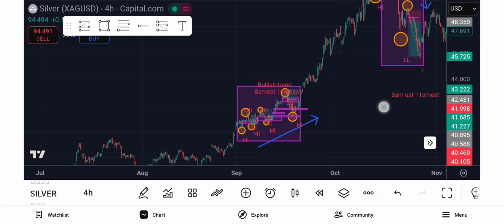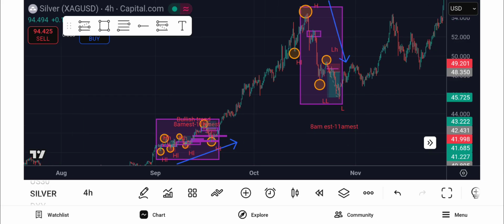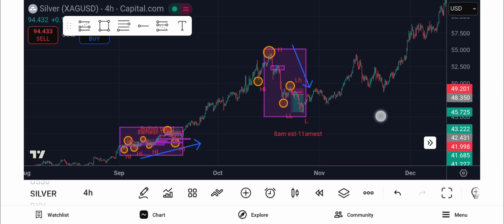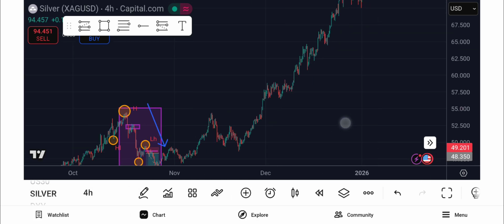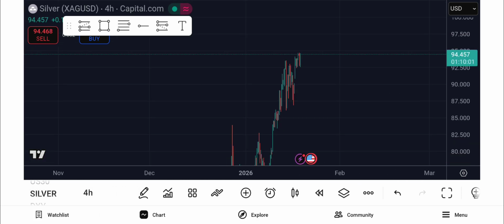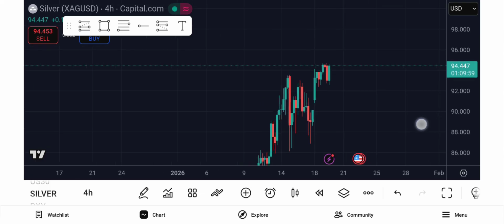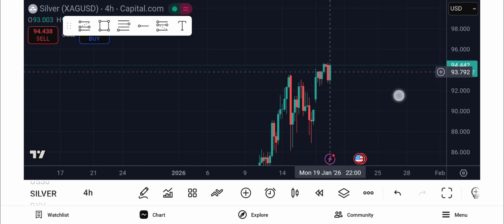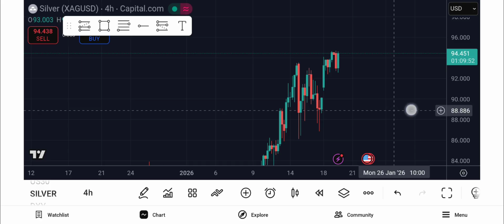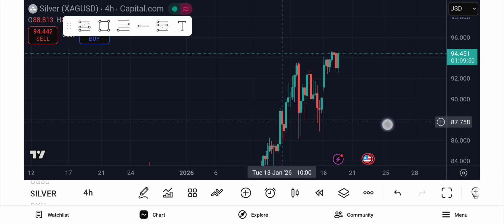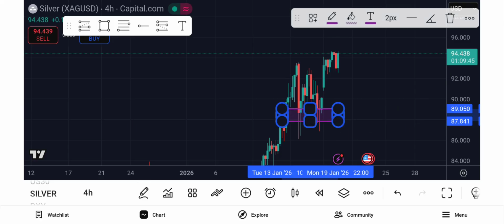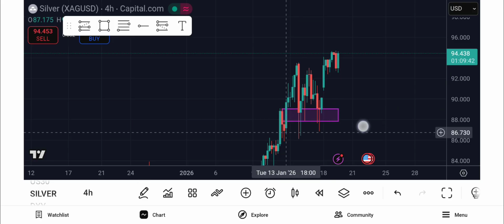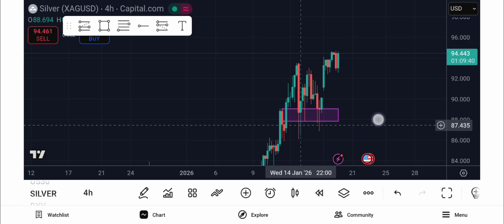This would have been a good way to trade silver, and you just keep doing the same thing every single week. Even now, if I go all the way up to where we're at right now, you can see that price wants to keep going up. If you have made this fair value gap here, and then you put your stop loss below this right here, and then waited for,